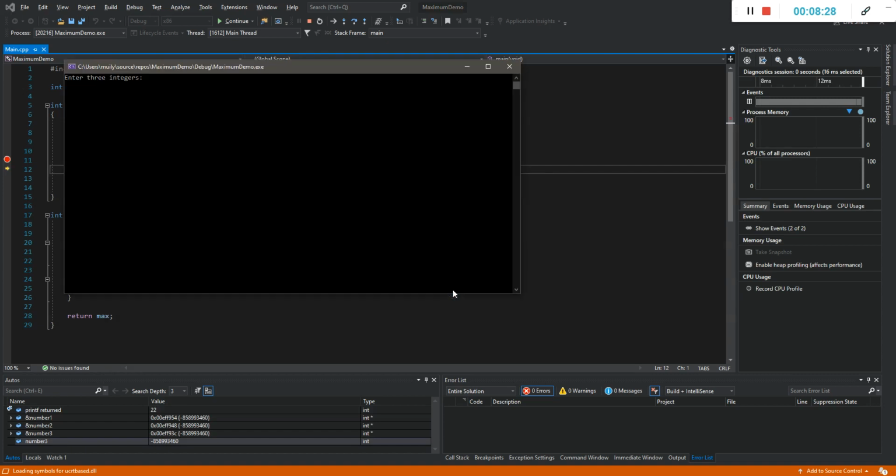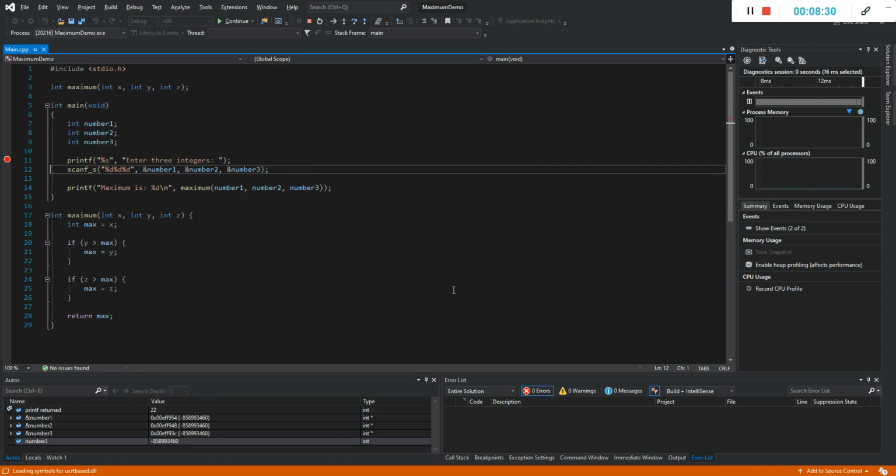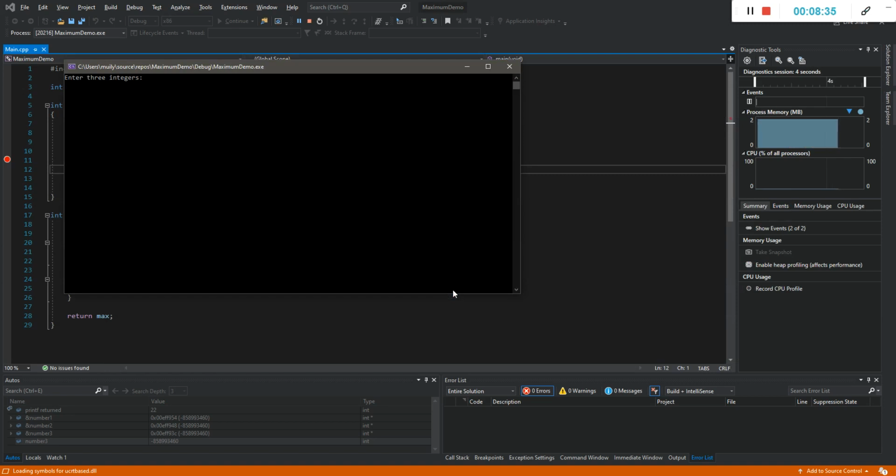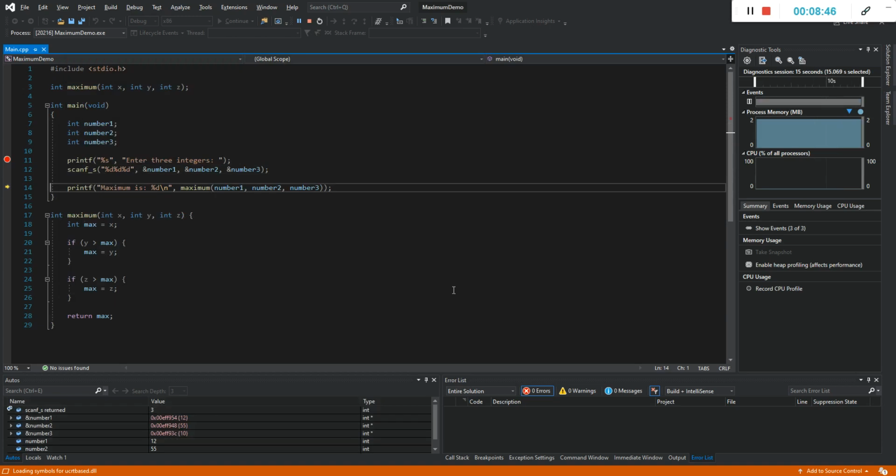Now at the scanf function, execute the scanf function, and let me enter 3 numbers over here, 12, 55, and let's say 10. I hit enter. We passed the scanf function now,